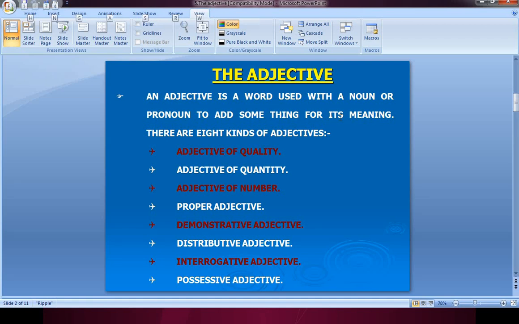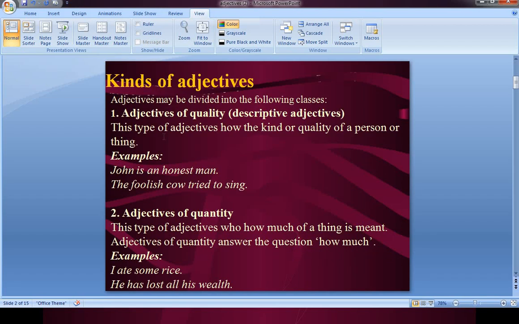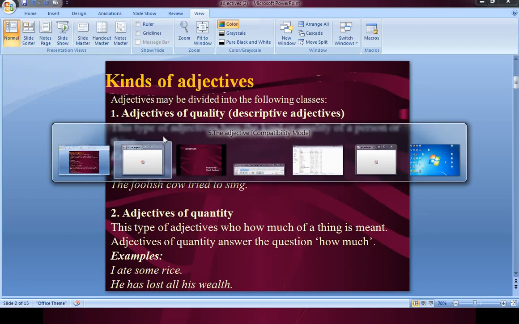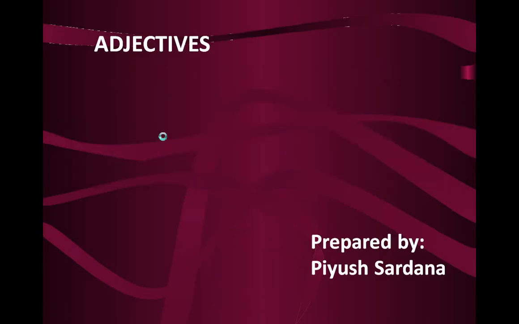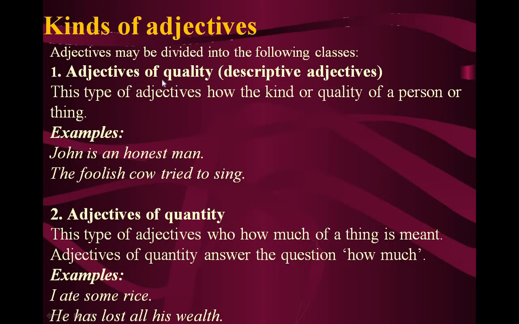So now let's proceed with the types of adjective. That is very important. I want you to note these points down. Okay, and later on after this I'll explain the types of adjective over here. So let's begin. The first one is adjective of quality, or you can say it is also known as descriptive adjective. Okay, this type of adjectives